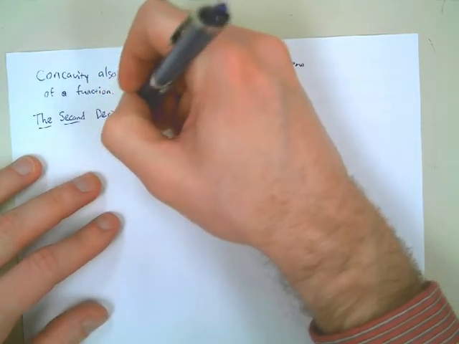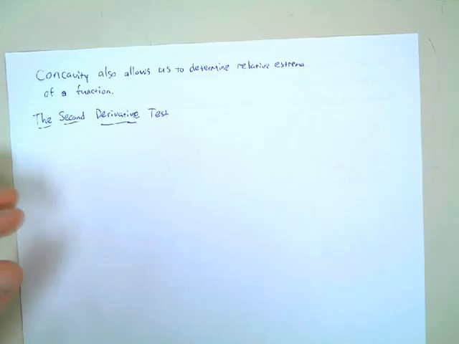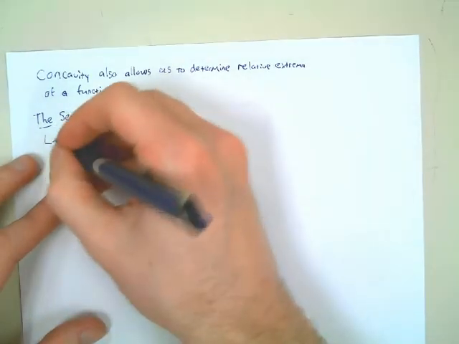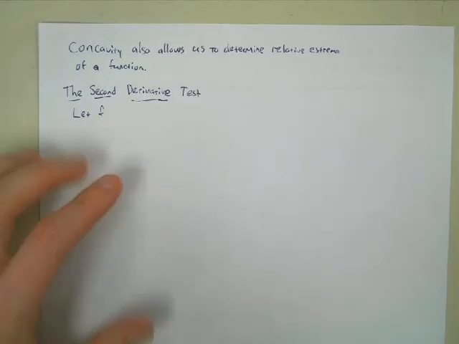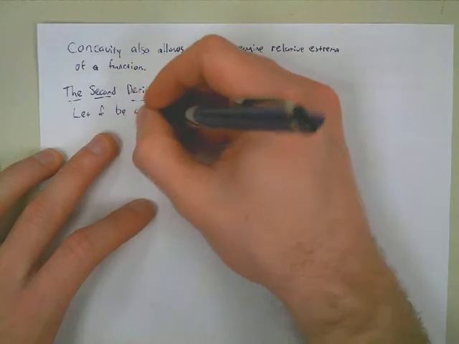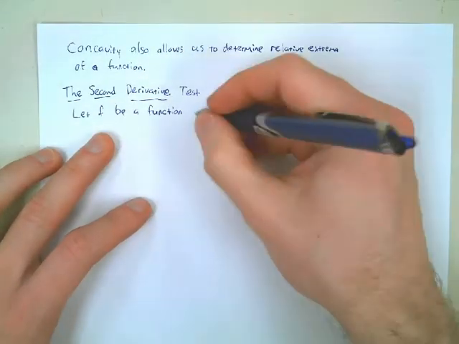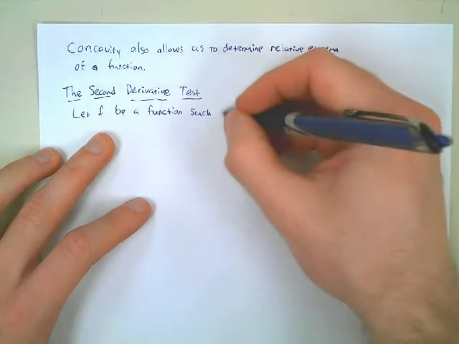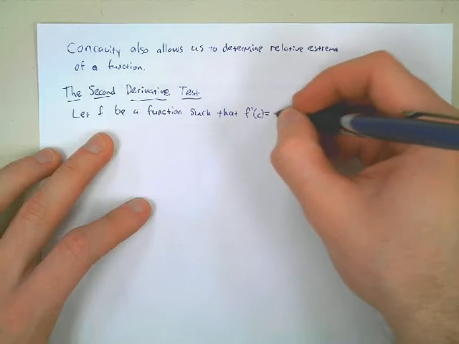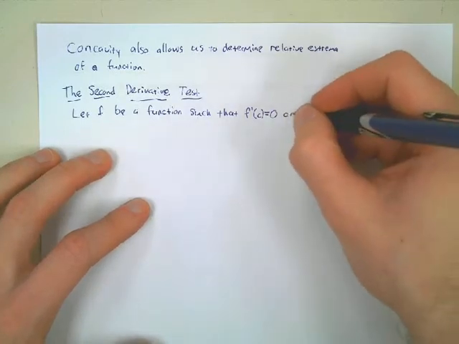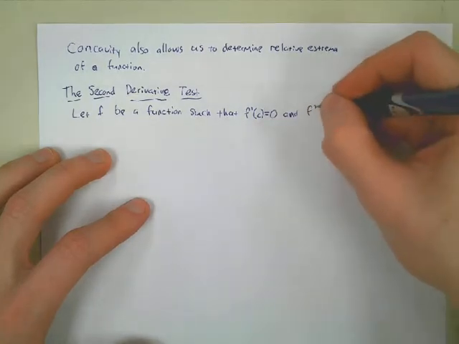All right, so the second derivative test is basically that. Now, this may raise a question in some of your minds about the utility of this, and I'll explain why it is useful. So let f be a function. Of course, you might always ask why this is useful, but I understand that. Anyway, let f be a function such that